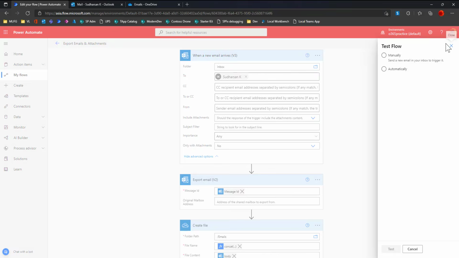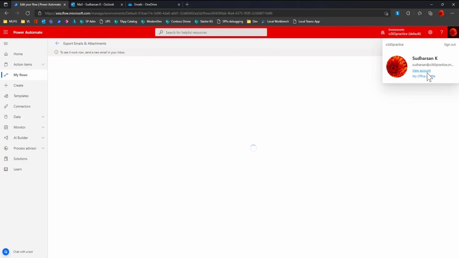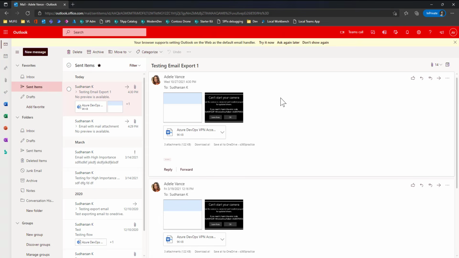For now, I'll just trigger it manually. Here I have logged in using the Sudarshan account. I have also logged into the same site using Adelaide Vance. I have already tested this, so let me trigger an email.